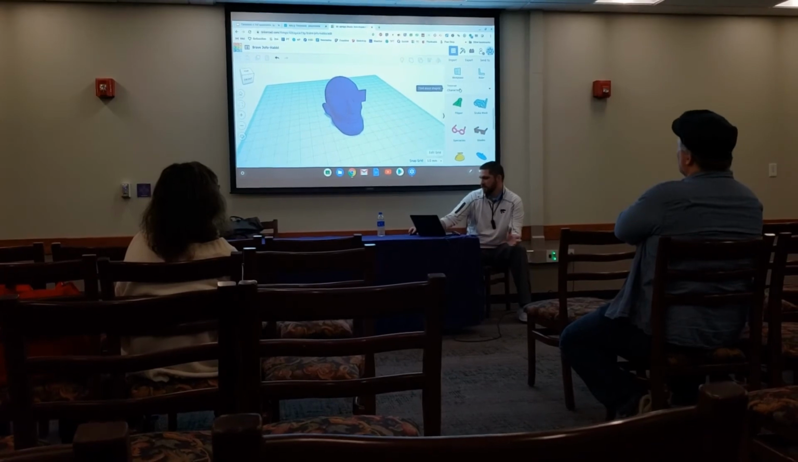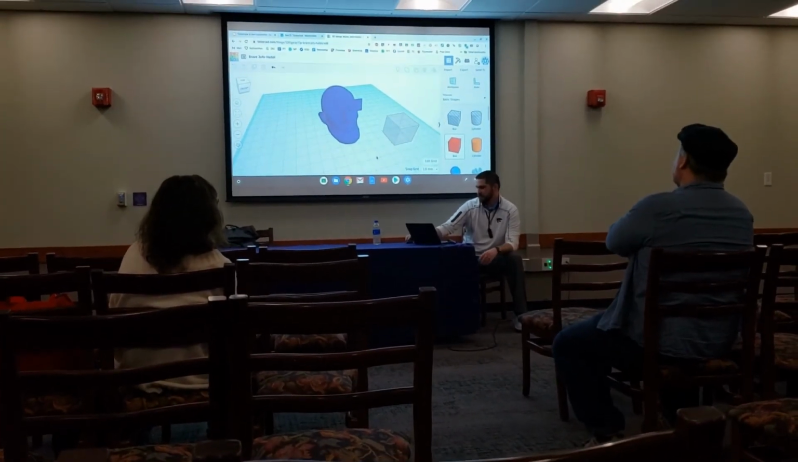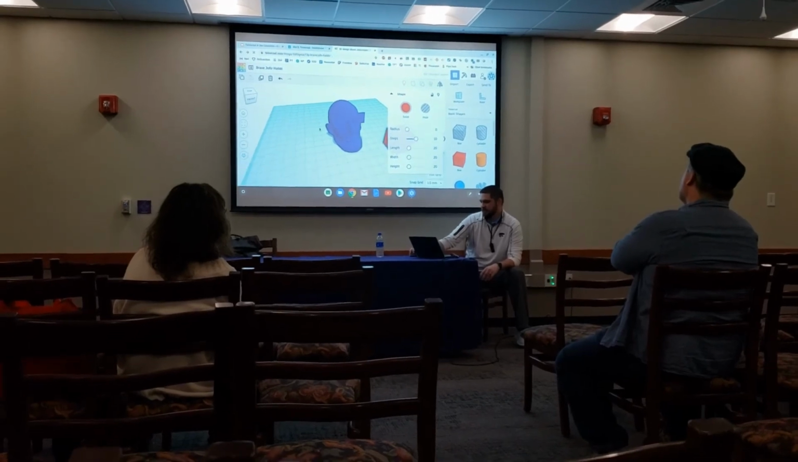As far as the work plane, let's throw a cube on there. I think that's the easiest way to show this. If I want to put something on top of this cube, I